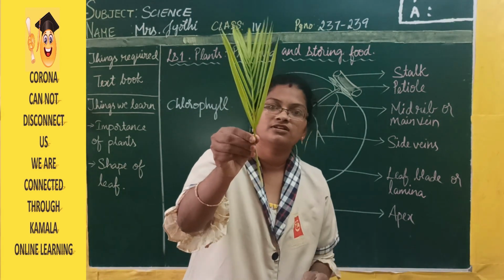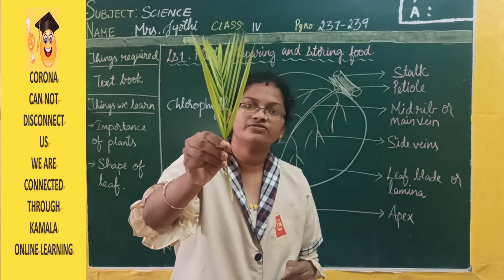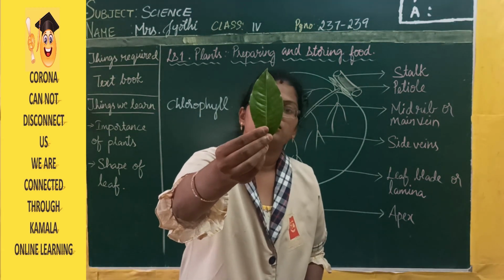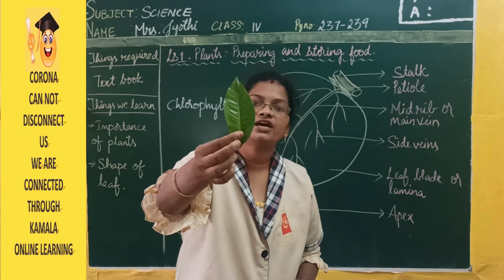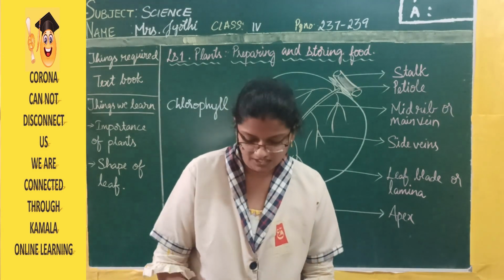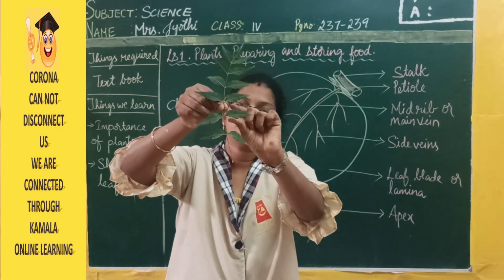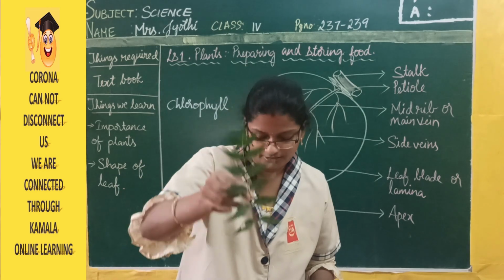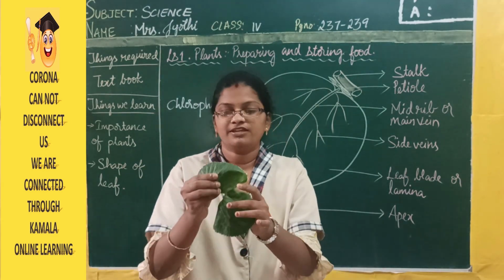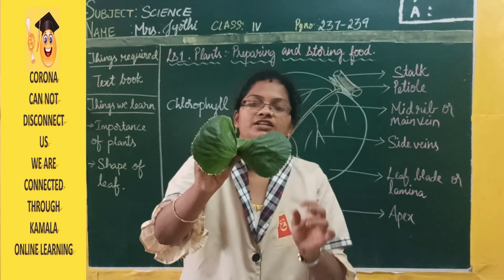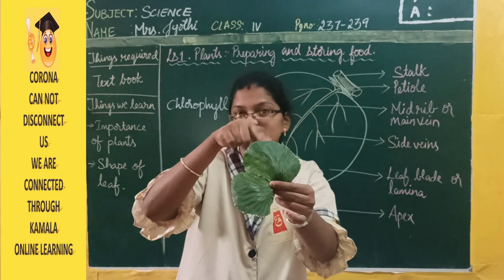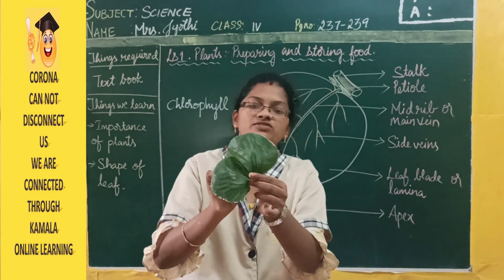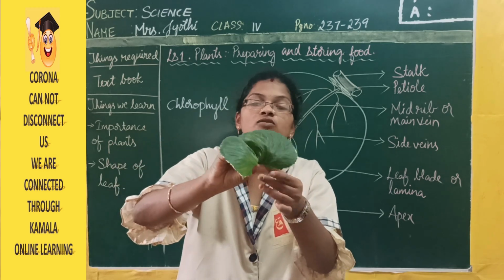Just see once. This is coconut plant leaf. Okay. Now just see this. So this is also a little broad and narrow. And this is neem leaf, and if you look at the edges of the leaf, a little bit of design is there, isn't it? Then here if you see, the leaves of this plant are round in shape. So this plant is having round shaped leaves. Now if you see at the edges, it's a little white in color.